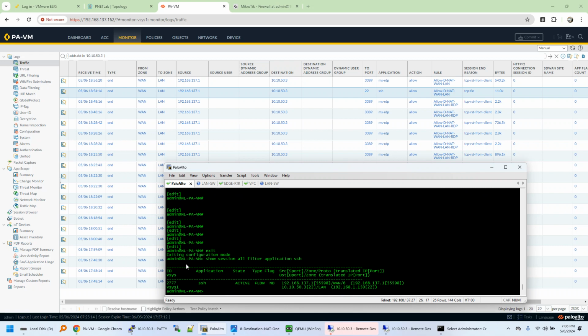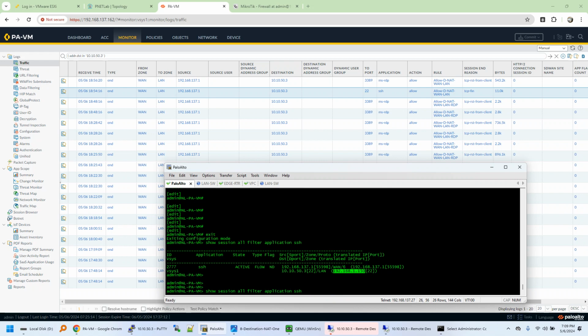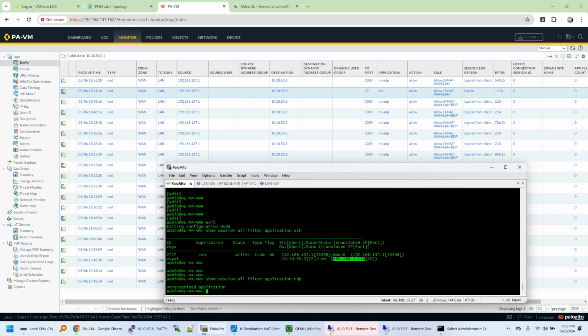You can see over here the SSH session source is 192.168.137.1, source port is random, coming to WAN destination, protocol 6, 192.168.137.1. 10.10.50.3 is the destination, port 22, zone LAN, translated to 192.168.1.150. This is SSH. For RDP, I think you can check with